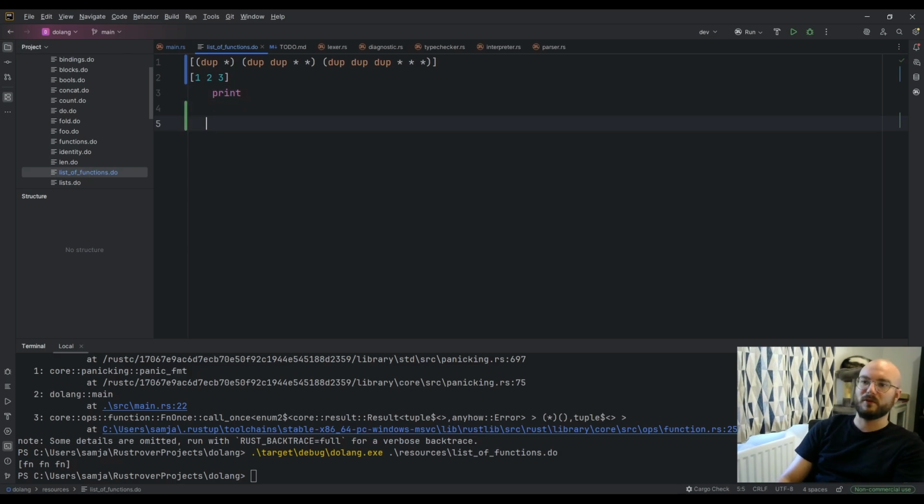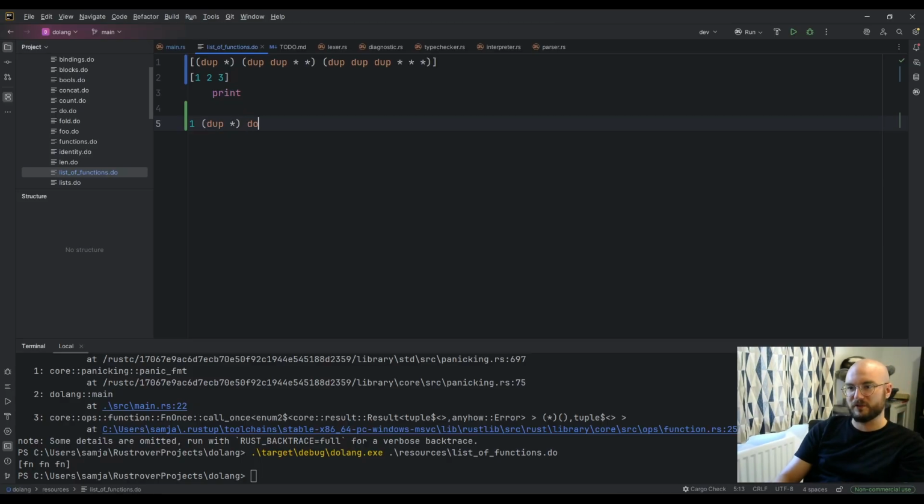Or even if you're not in a list context, if you just had one and then dupe star, like an apply or something like that, that can yoink a value off the stack and a function and partially apply it. Because I don't want it to call the function, because that's the distinction.